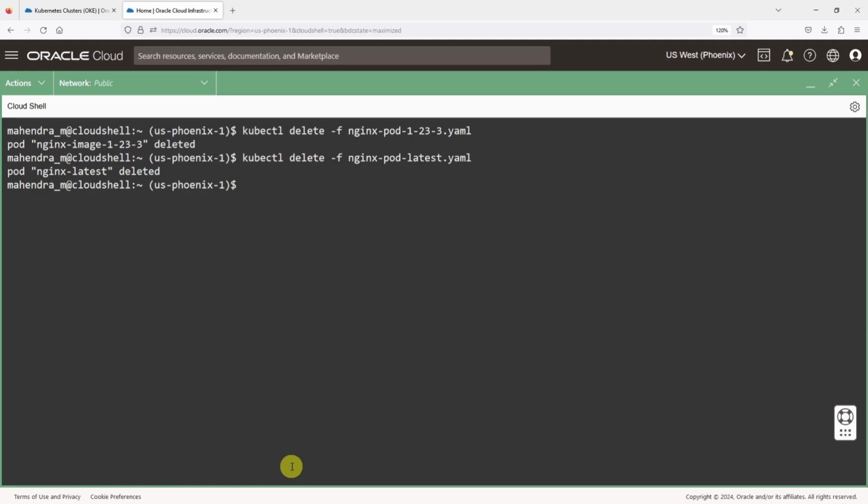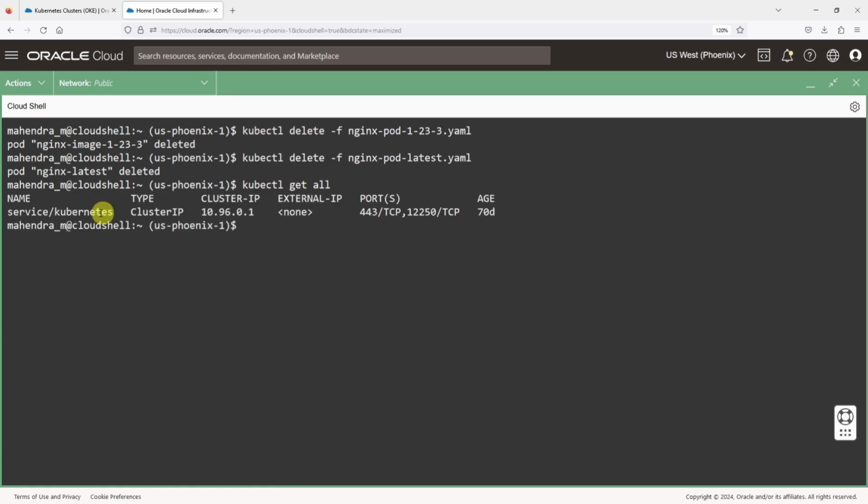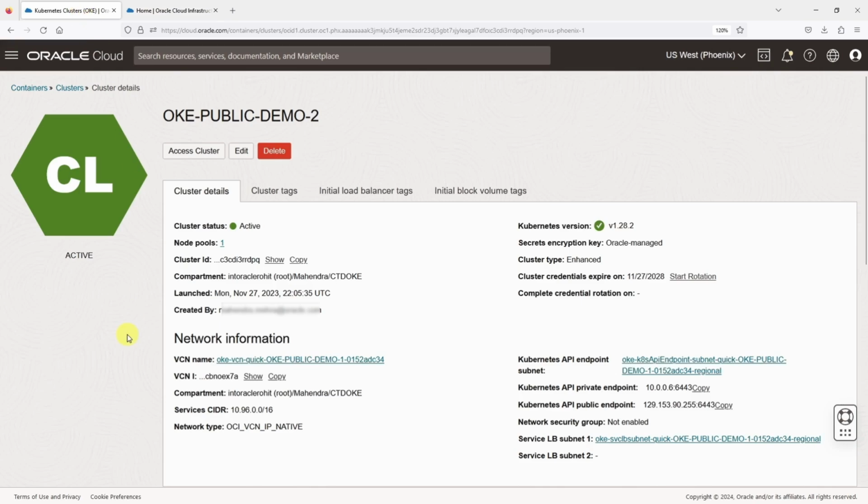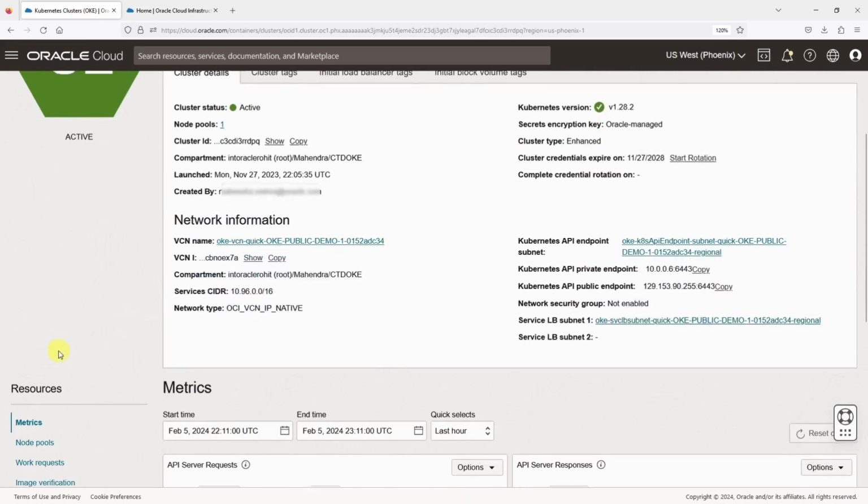Both my pods are now deleted. I'll confirm using kubectl get all command. Well, we don't see any pods running in the Kubernetes cluster. I'll clear the screen. Now I'll switch back to the previous tab, and here on the cluster under the resources